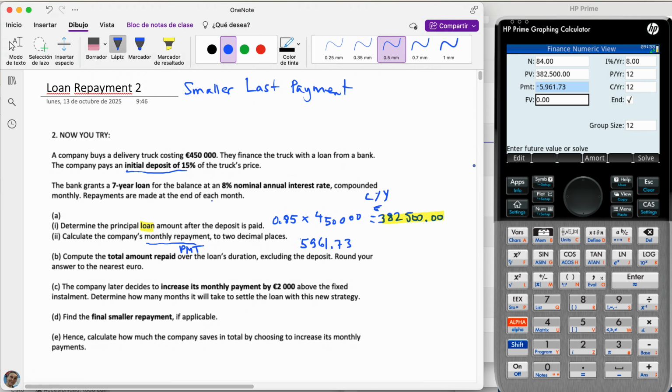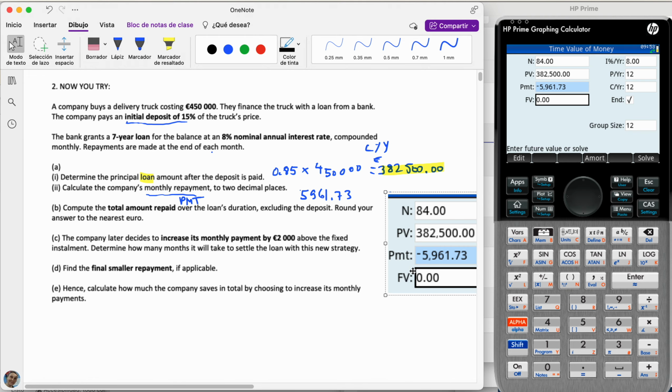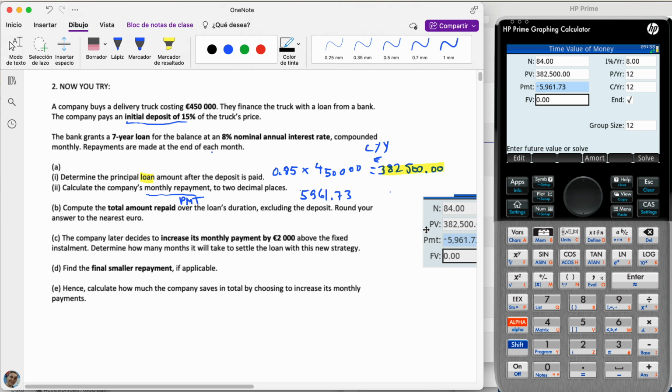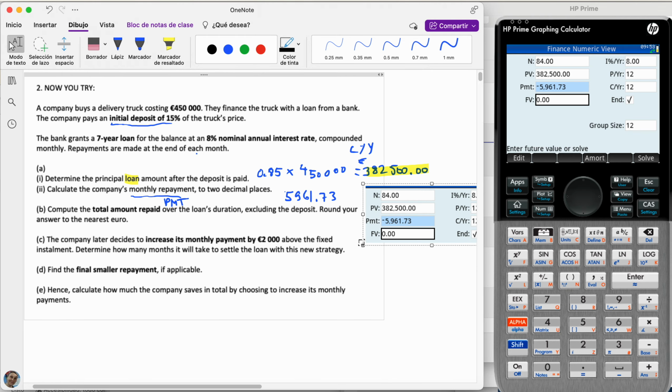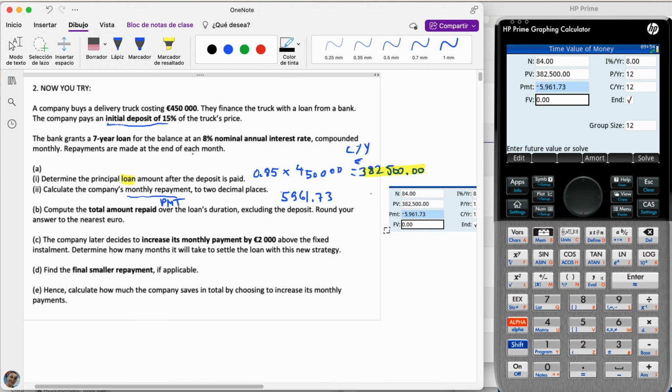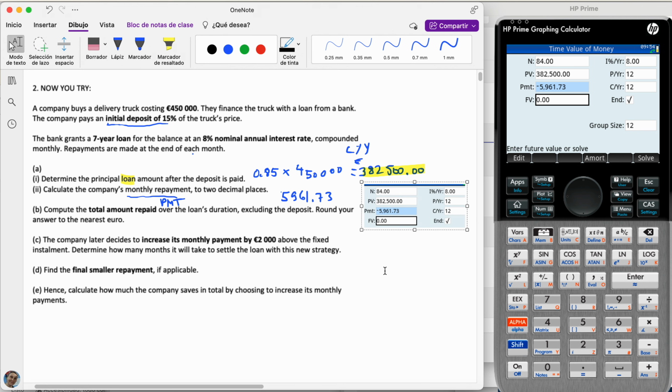Grab that for you. Remember to always show your work. That's where the method points come in, because you could press something wrong, and some of you will. Sorry, it's the truth. But at least you can get a method mark for the correct awareness of the information, okay? All right, compute the total loan repaid. Alrighty, well, you probably know to do this as well. So if you want to, you can just pause it, get the answer, skip forward,